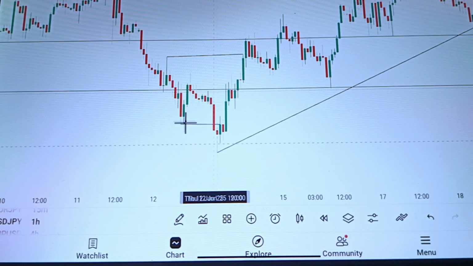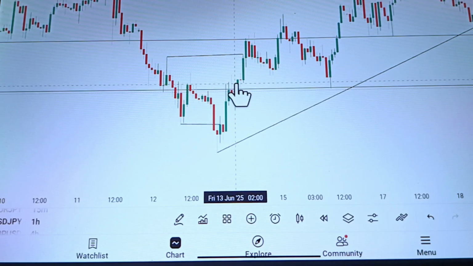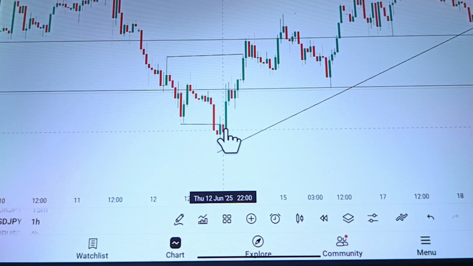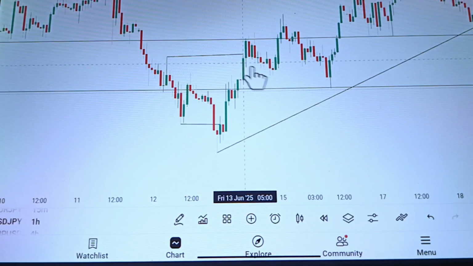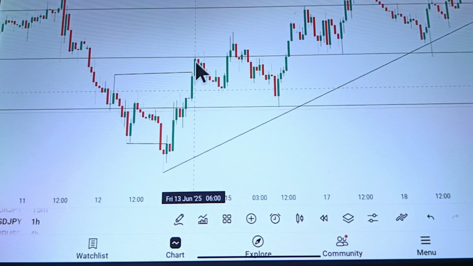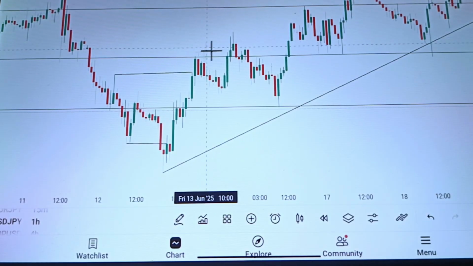Why? Because the market swept this particular low to break this particular high. It becomes a valid break of structure. And most of the time when it happens, because of the action of institutional traders, the market will leave imbalance in the market for that break. Now if you look at this particular point, after that break, the market pulled back, this minor pullback. After this pullback, the market pushed up again to break this particular high,